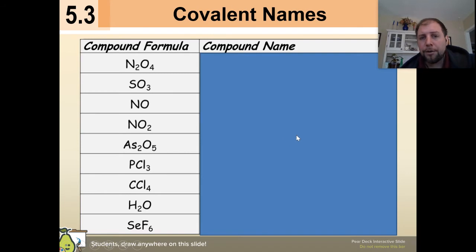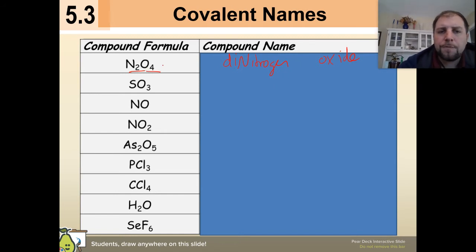Okay, so here are some examples. Now I'm going to walk through these, and this is going to be your homework help. Okay, for your homework as well. So here we go. N2O4. Now let's see here. So how many nitrogen? So there's nitrogen. All right. And there's oxygen, but we change it to oxide. The second one gets that IDE ending. Okay. Now there's 2 nitrogens here, so we would say this is dinitrogen. And there's 4 oxygens, so that's, oopsie,